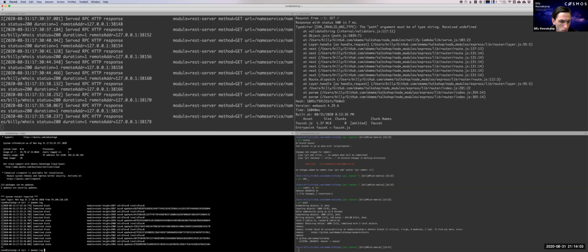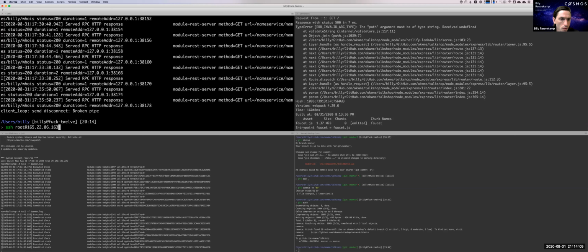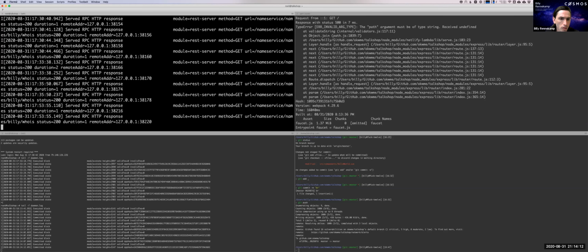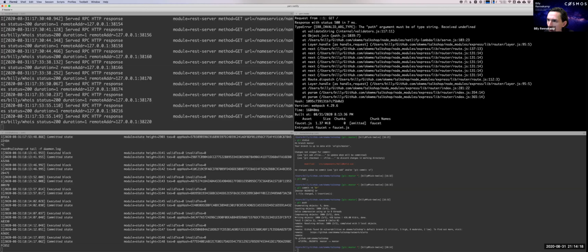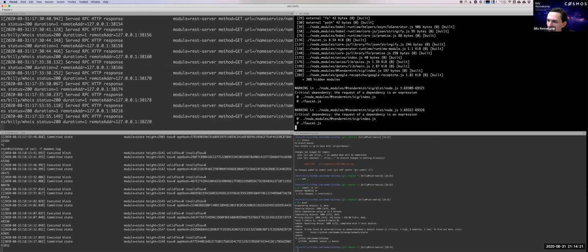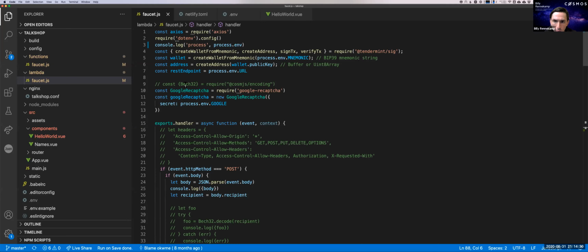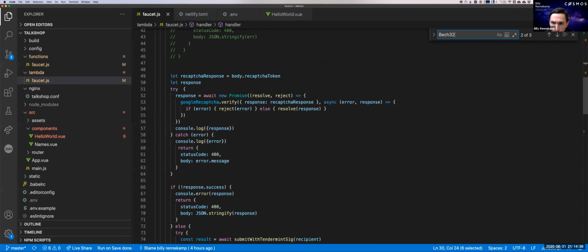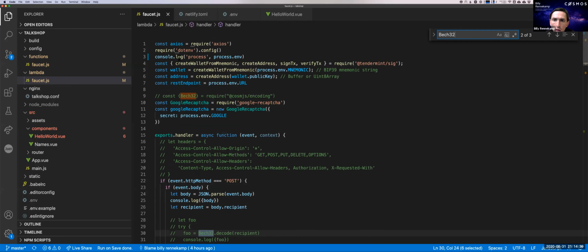Is our blockchain still running? TLF daemon. Looks good. Let's see if we can TLF rest. That looks good. Our faucet is mad at us. So I imported a minute ago some Bech32 stuff to make things fancy, but this doesn't seem to be doing anything to it. In fact,